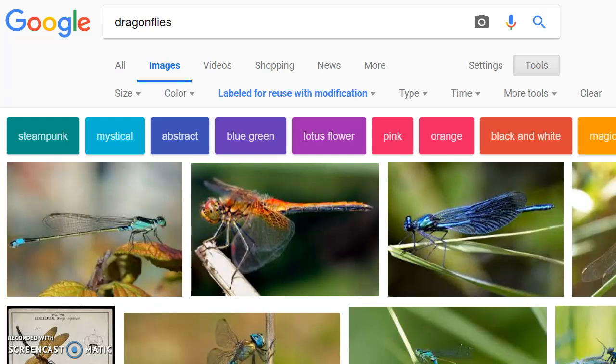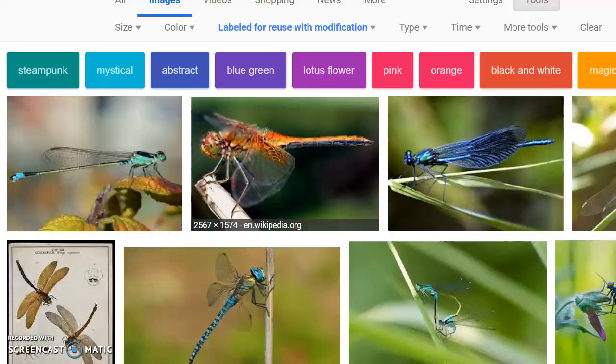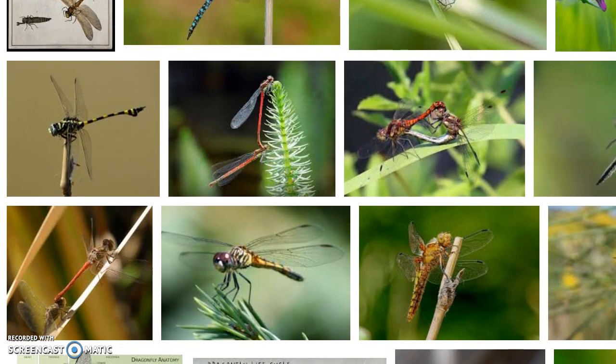Once Google Images has loaded, you'll see that you are here where it says Images, and you'll see that there is this nice blue highlight that says Labeled for Reuse with Modification. This means that these materials are available for you to use within your presentations, lesson plans, or other uses that way. You can sort through and you can see as you scroll down all of the different choices and options